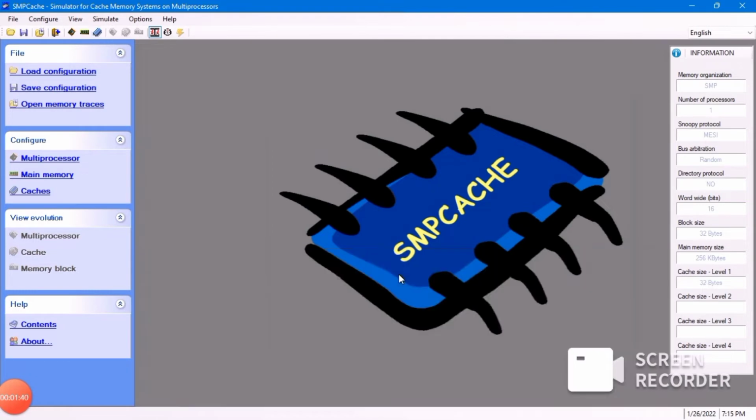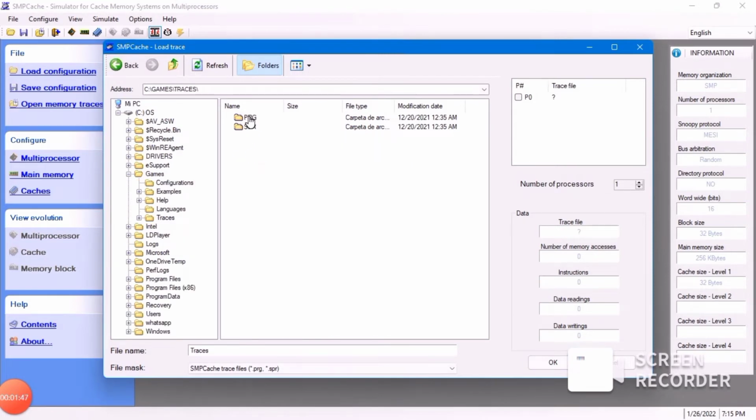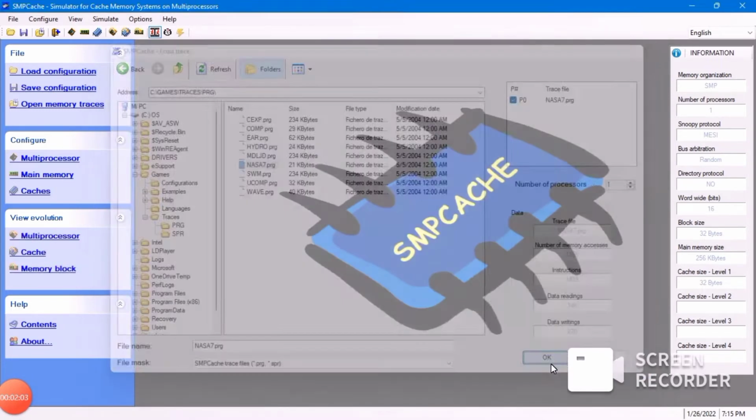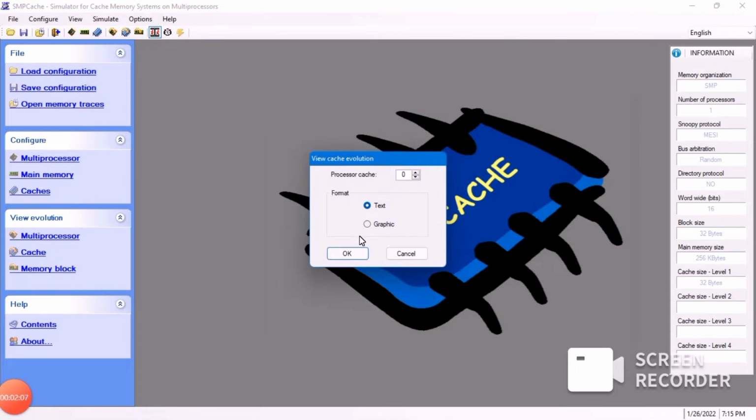Click OK. Go to open memory traces, go to trace, go to PRG, and select according to your task. For example, I will pick NASA 7, click NASA 7 and click P0 and click OK. Go to cache and set the task and OK.